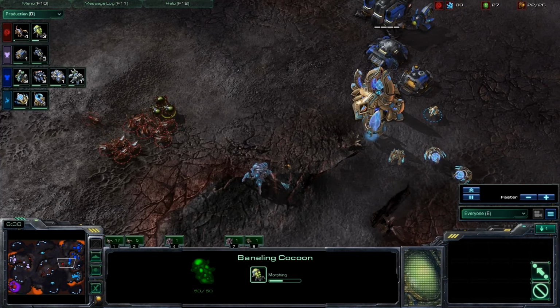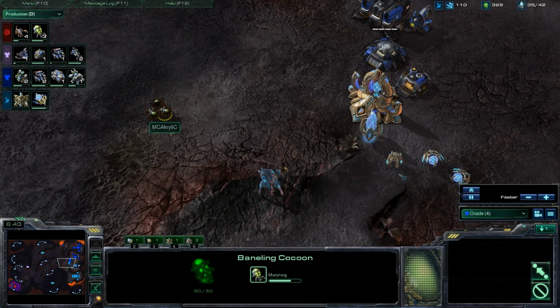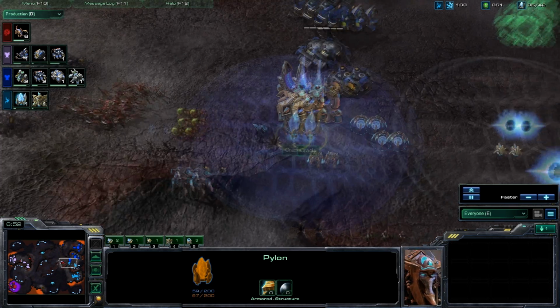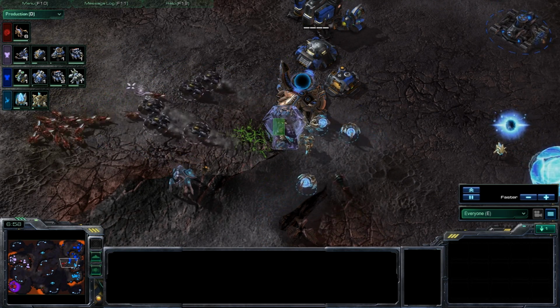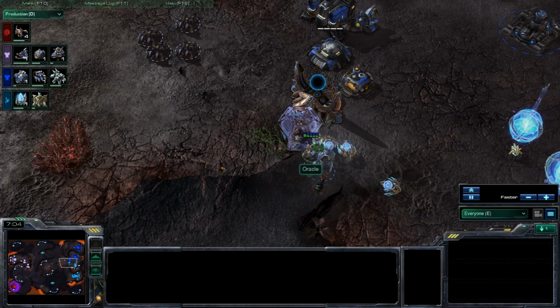Yeah. But can you see that? Does Oracle see that? Oh, yes, he sees the Banelings morphing in. And he does have force fields. Oh, here comes the Banelings. Oh, a perfect force field. Yeah. The pylon still goes down. Yeah, splash damage. But it doesn't matter. The force field is still there. The gateway goes down, but, you know...